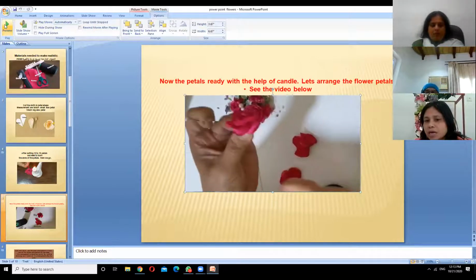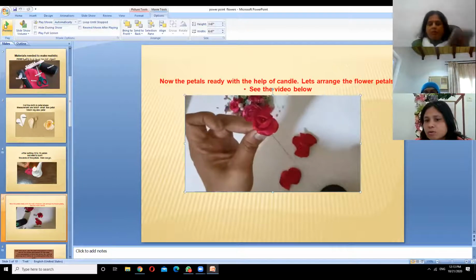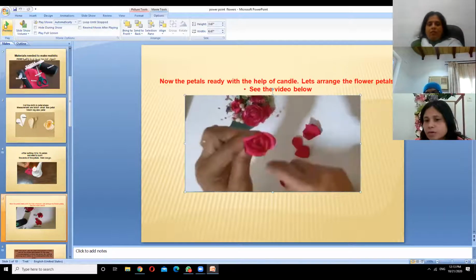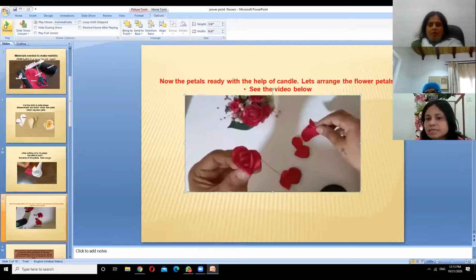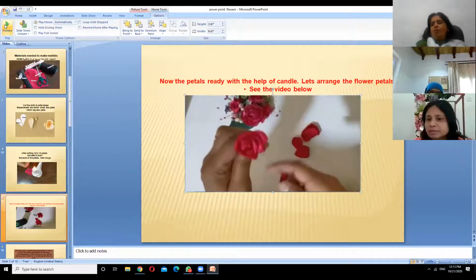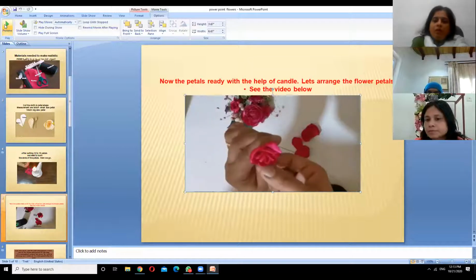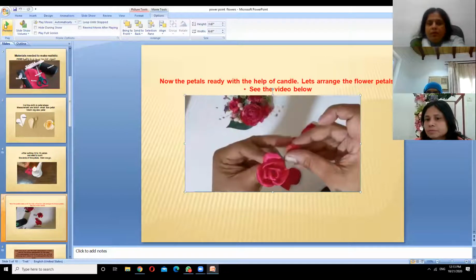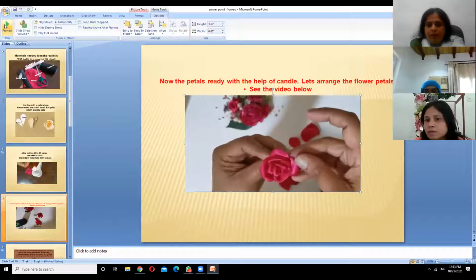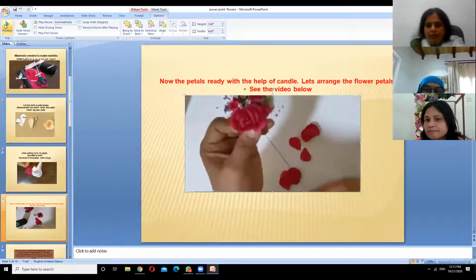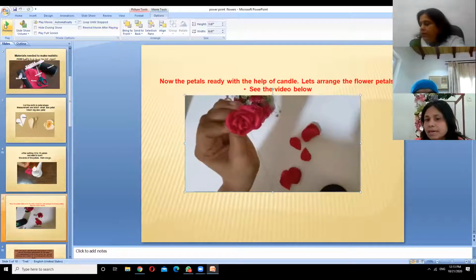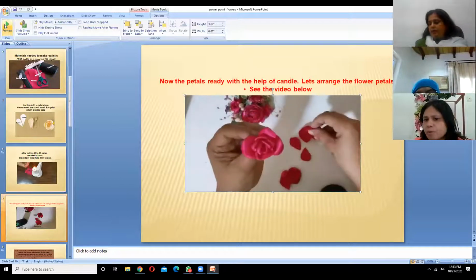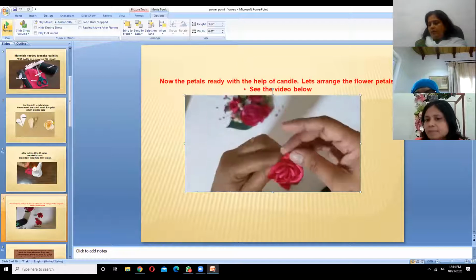As you go higher, as you go round and round, you have to lift the petal a little higher. First, if it is lower, then you have to increase the petal little by little. First, I added 3 petals in the middle for the bud. Then at the side, I added 4. And then again, the big petal, 4. If you want to make a bigger flower than this, you have to cut a slightly bigger size of that petal.